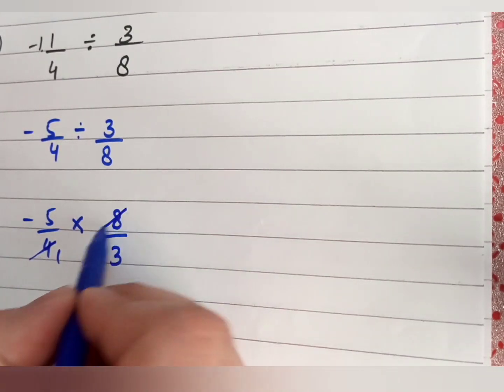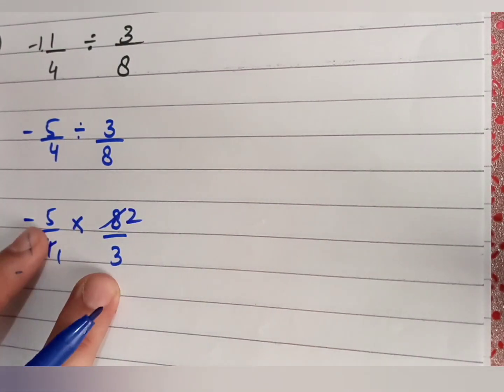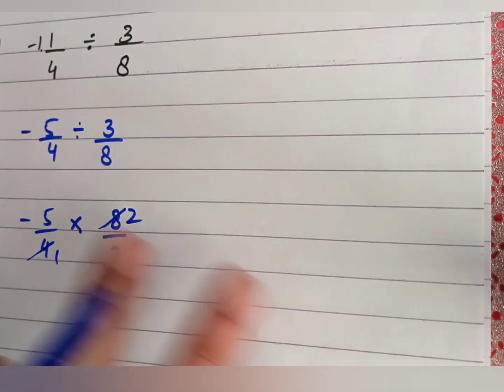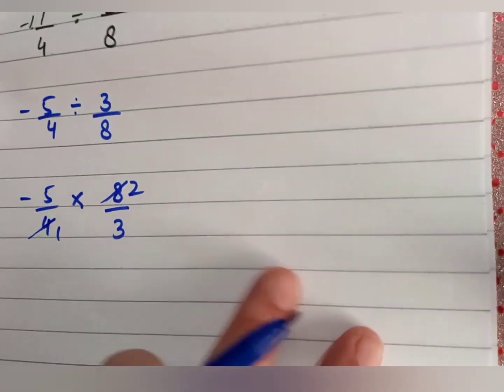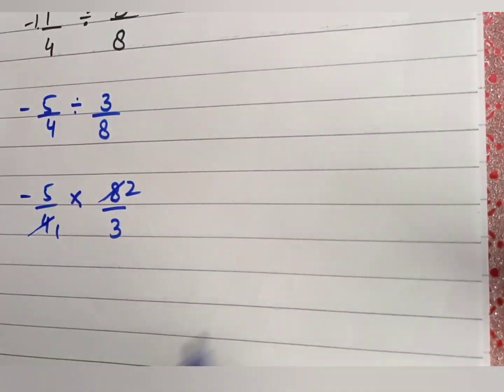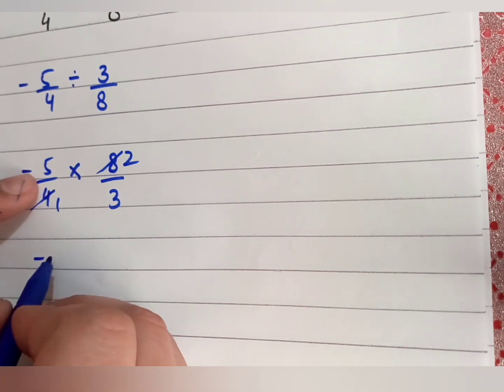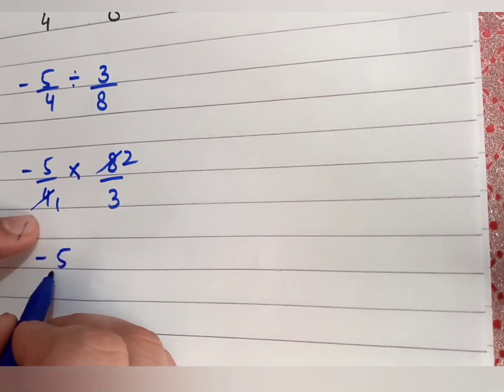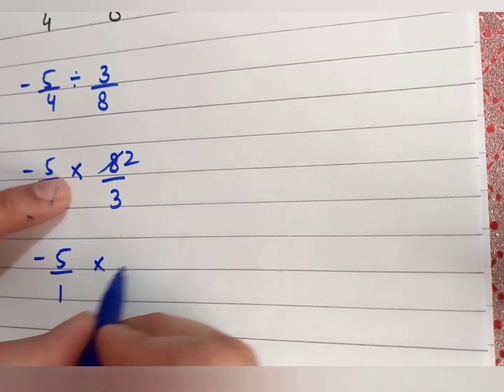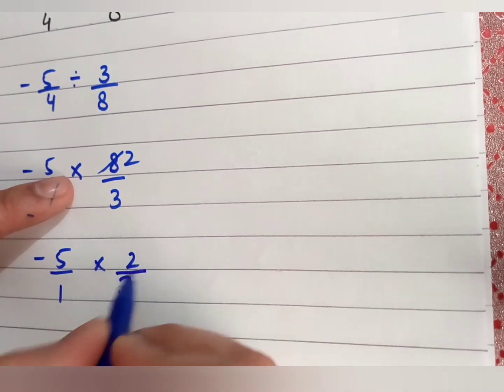4 1s are 4, 4 2s are 8. Now 3 and 5 again, both are prime numbers, and 2 by 3. So this is all the cutting that we have done in this step. Next more is not possible. So you have to write down your term again. From here we have 5 and denominator 1. Then from this 2 by 3.